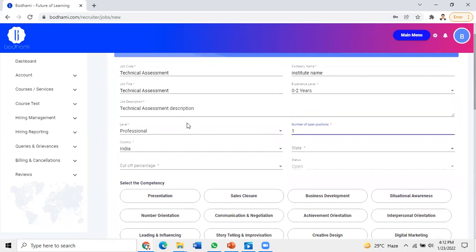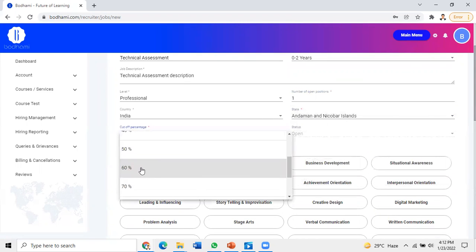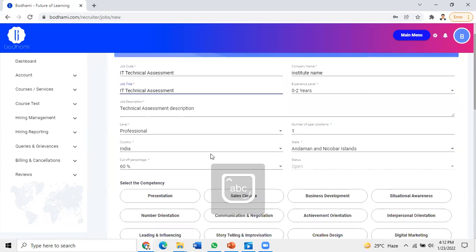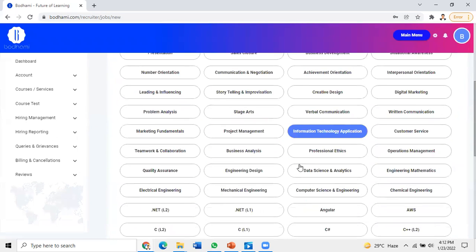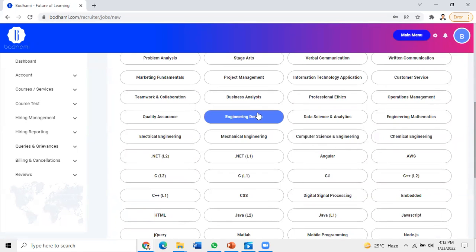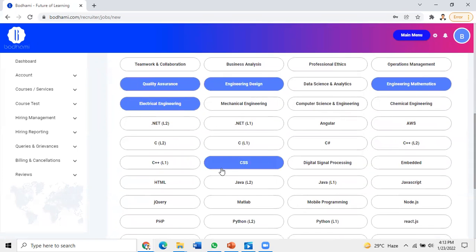So this is an IT technical assessment, and I will give a cutoff percentage for that. I'll just rename it as IT technical assessment. And then I will select whatever competencies are really relevant to IT. Suppose you are trying to look at an engineering candidate, you can always look at engineering design, engineering mathematics, electrical engineering, for example, quality assurance. And you can define